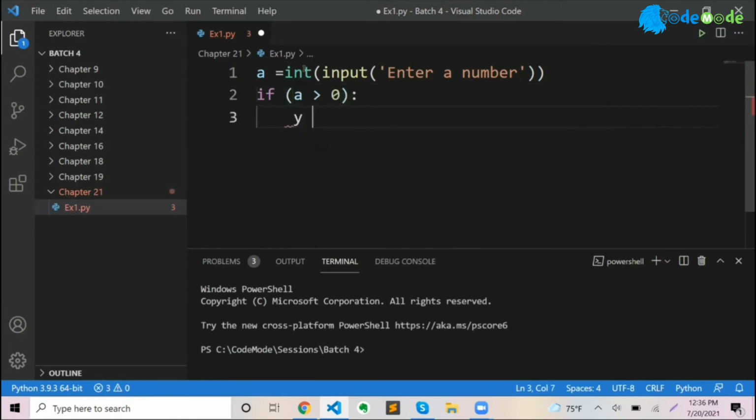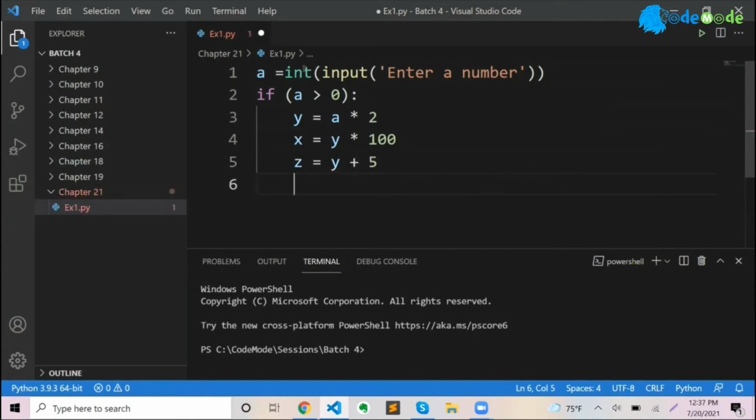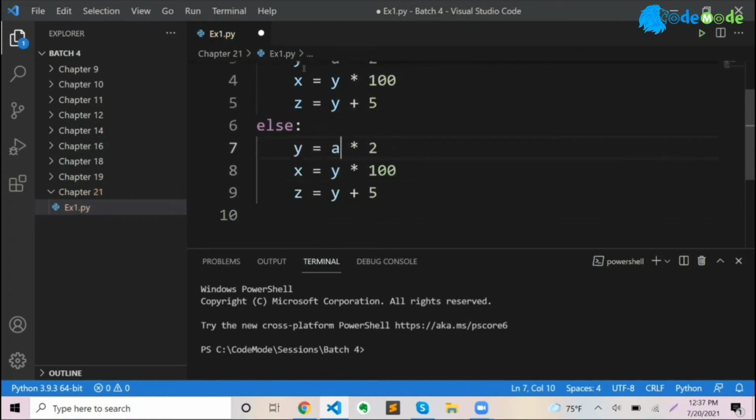If it's a positive number, y is gonna be A multiplied by 2, and x is going to be y multiplied by 100, and then z is gonna be y plus 5. Else I will say the same thing here, but here I'm going to do 300.